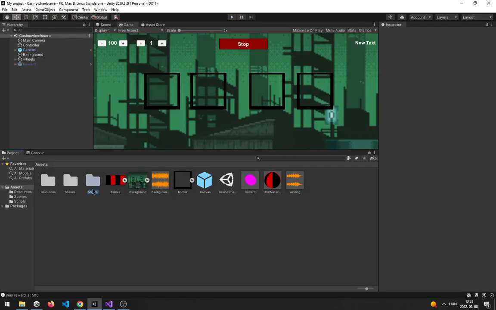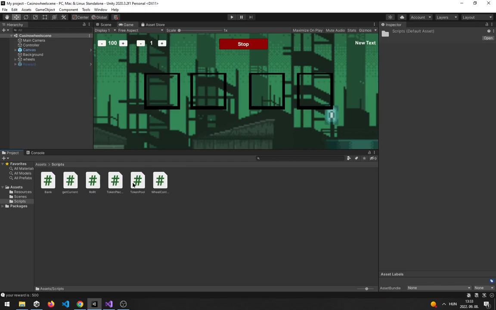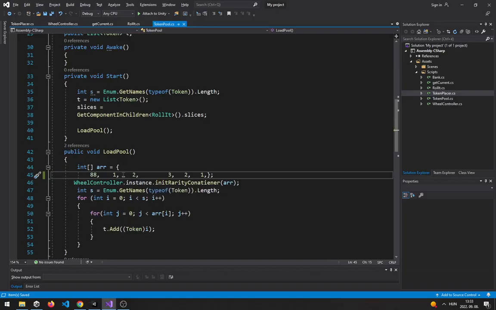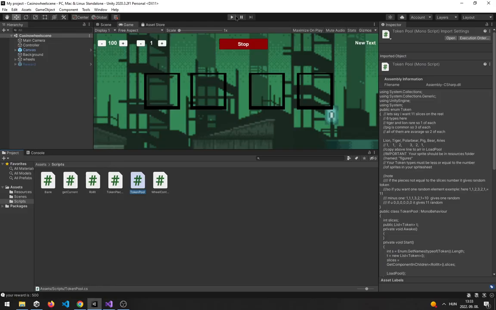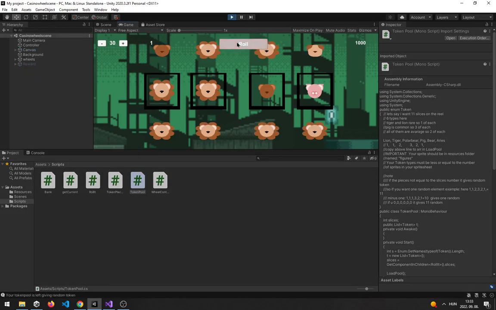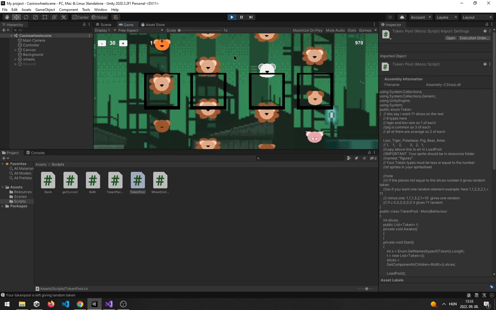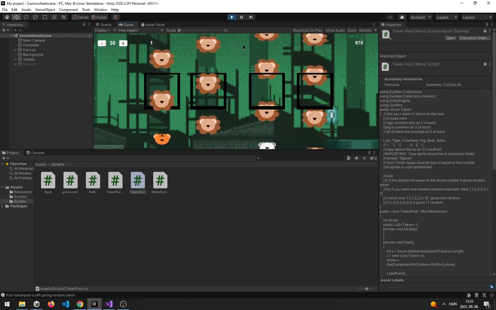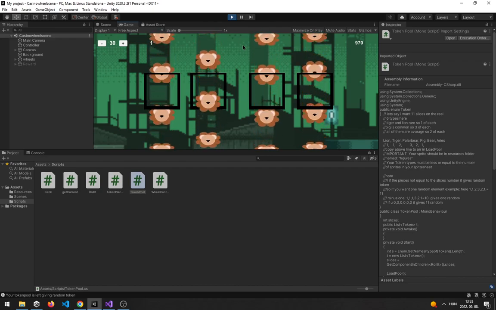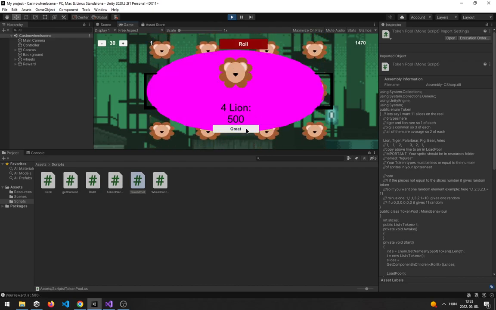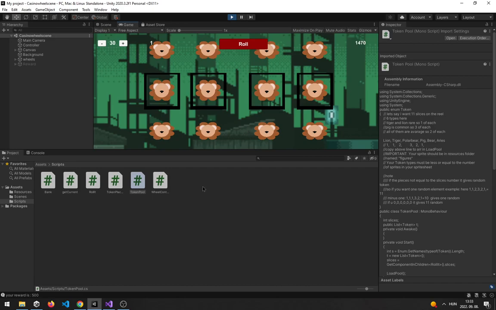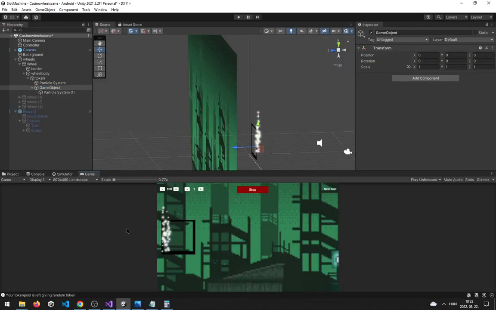So let's check the reward if it's working. In the token blue I put 88 lions, so we get a reward almost always. Almost. So let's start it. Yeah, you can see it's rolling. Yeah, and here we have, you can see it's working great. So here is a basic